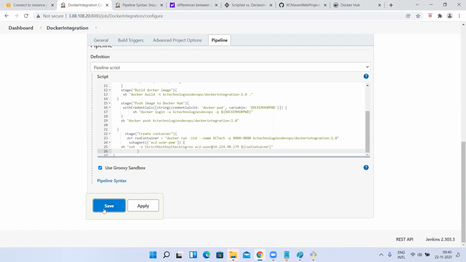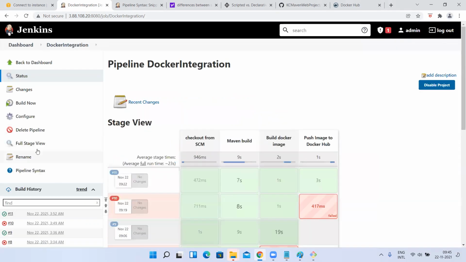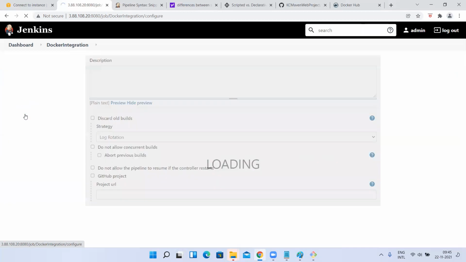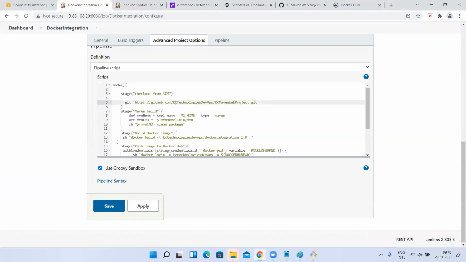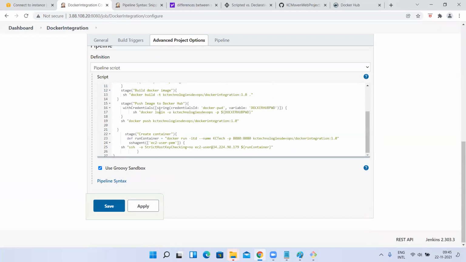Okay. Anyways, let me save this and run. I think there is a syntax error. No syntactical error here. Okay, then the stage is here. Yeah, there is a syntax error. If I put the cursor here, it is highlighting the closing bracket.